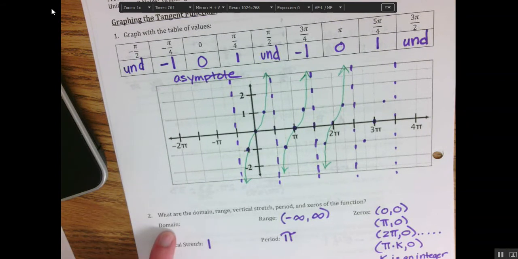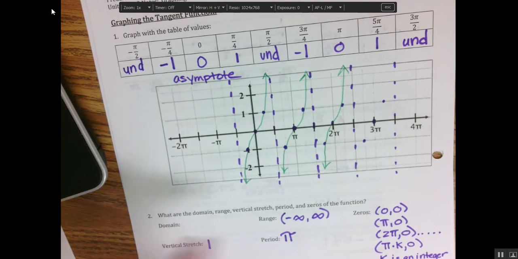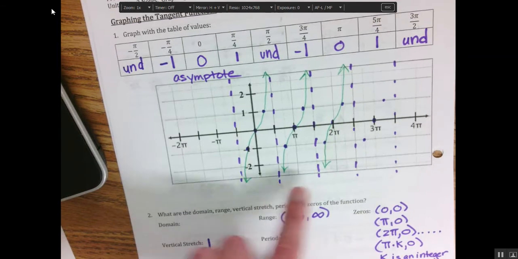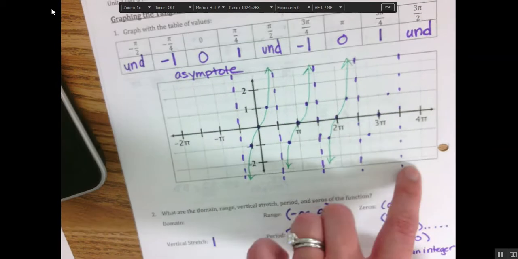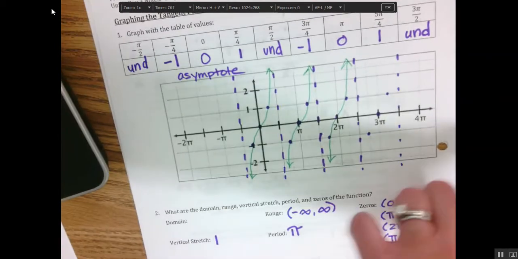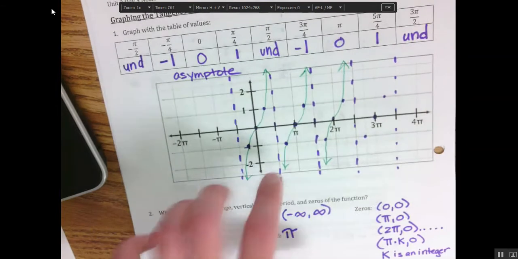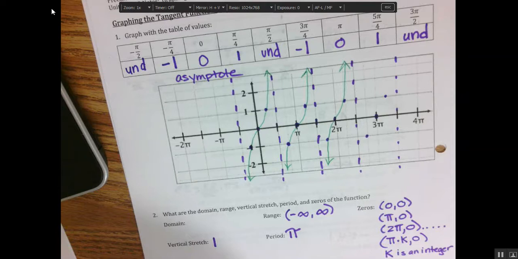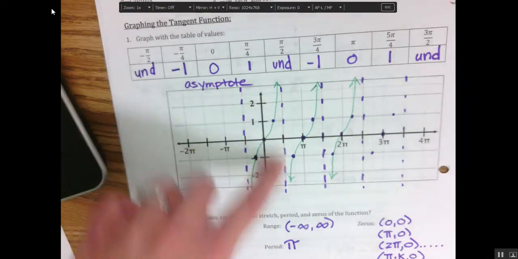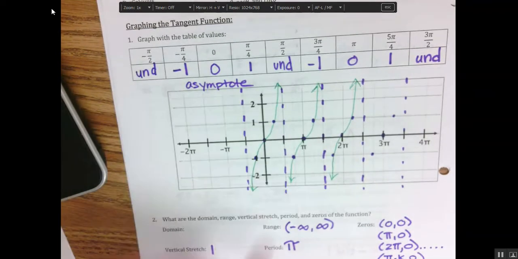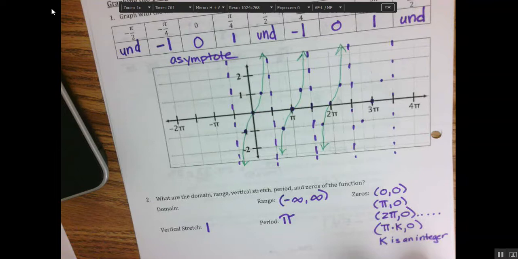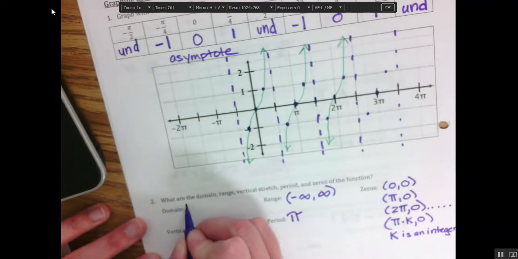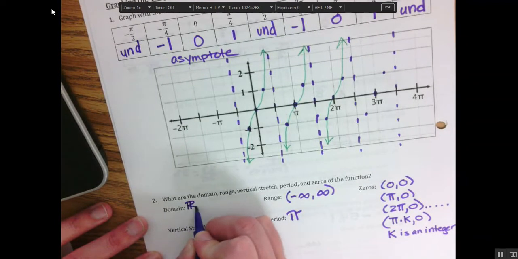Domain. All right, some people tried to start listing the domain. They said, well, from here to here, and here to here, and here to here, and here to here. But it keeps going, right? So I would just have to be listing these periods over and over again until I died. So we do have to leave these numbers out here. Okay, this is good. We're on to something. I'm going to say my domain is all real numbers, except